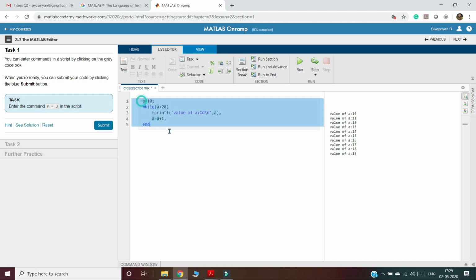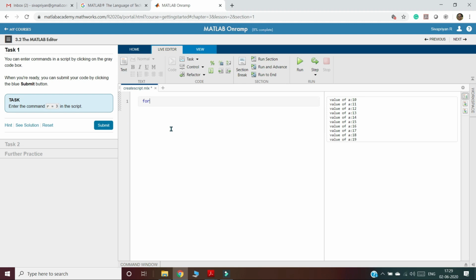Next, how to implement the for loop. For that, write for a equal to 10 to 20, then printf value of a percentage d backslash n, a.